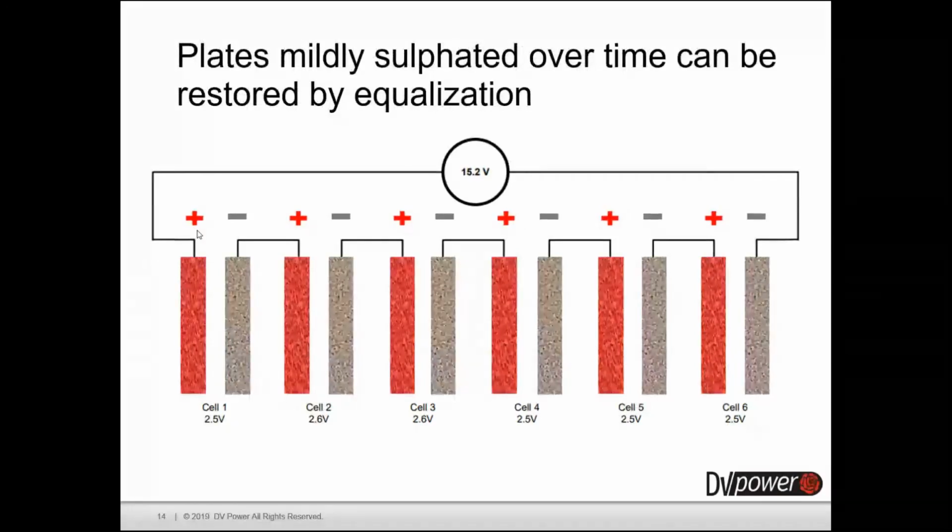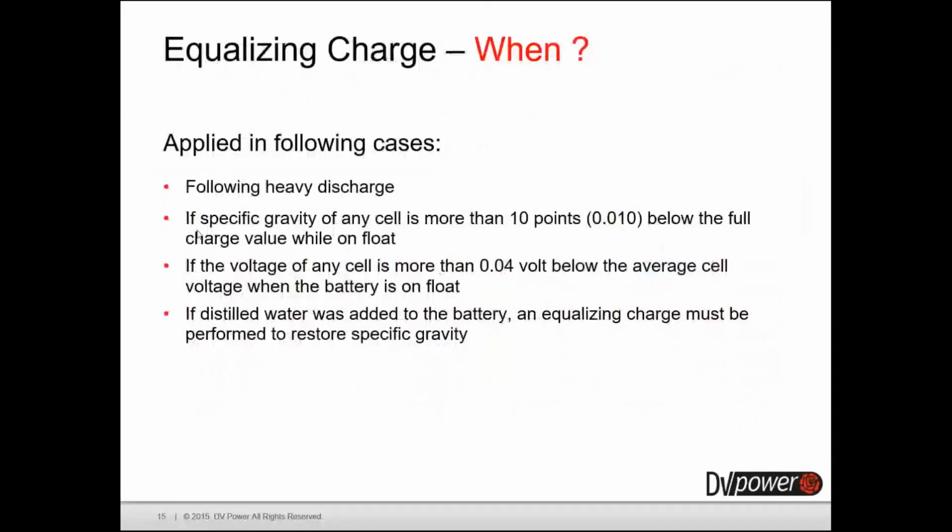And that can help to remove the light sulfation on your batteries. The equalizing charge is applied after a heavily discharged battery, for example after a performance test. After that you need to charge the battery, and after the charging you add this higher voltage level to